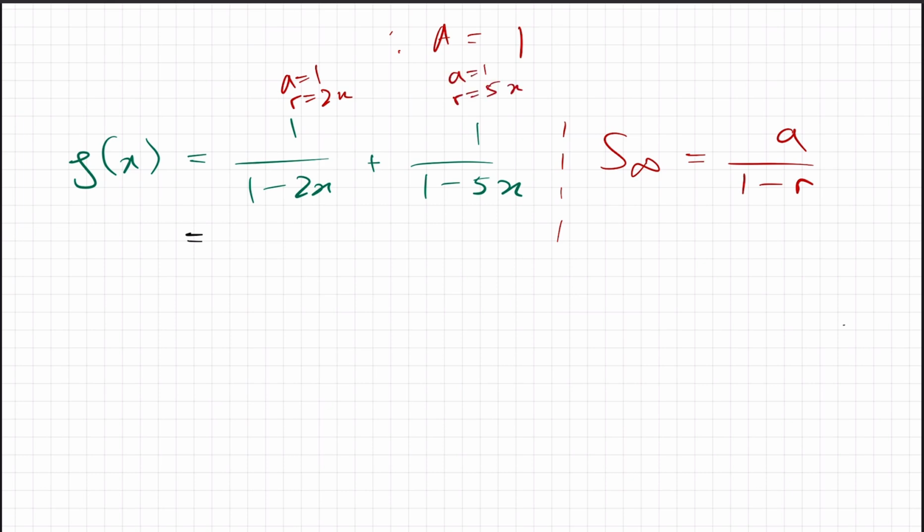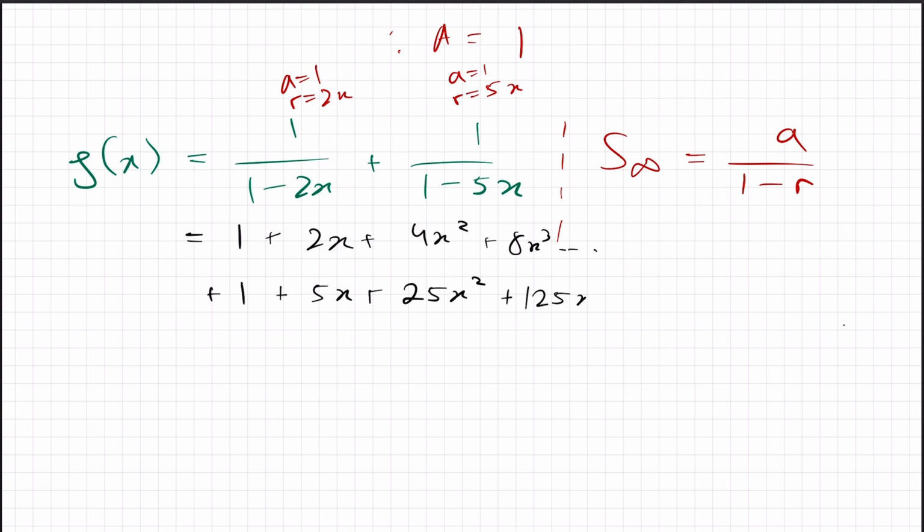So now we can start off the first expansion with 1. Next term is going to be 2x. Next term is 4x squared. Next term is 8x cubed, on and on. And same thing here, but with 5x as a common ratio. On and on, like so. So now what we've done here,